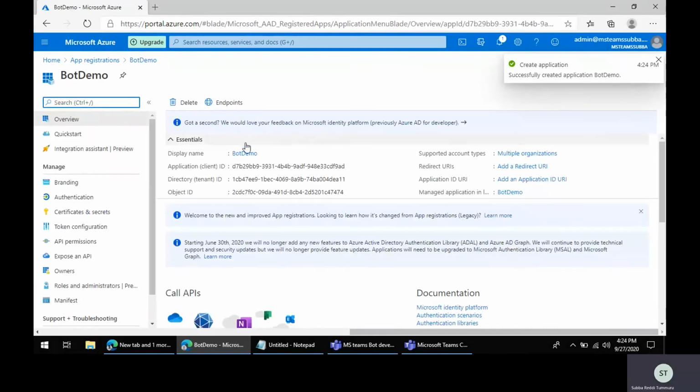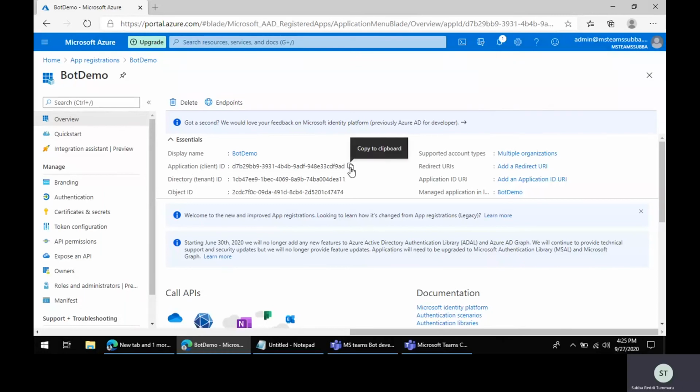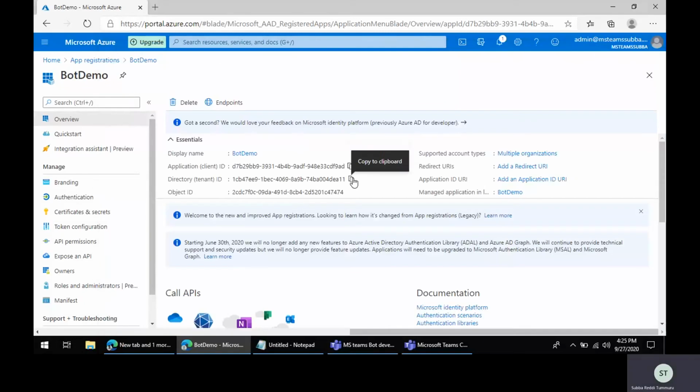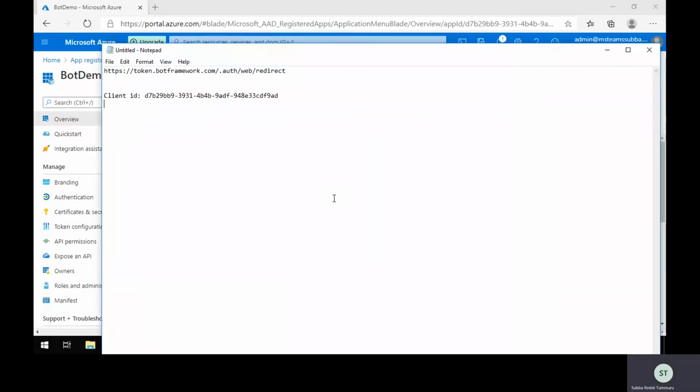Once the registration is created, it shows the success message here. And here you will see the client ID, this application client ID. This is also referred to as the Microsoft app ID. So save these values into Notepad, because we need to refer to them in further steps. For example, the client ID, this one, and you also need to note the tenant ID. So, tenant ID here,